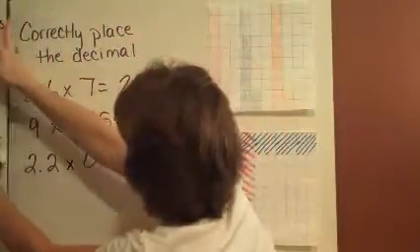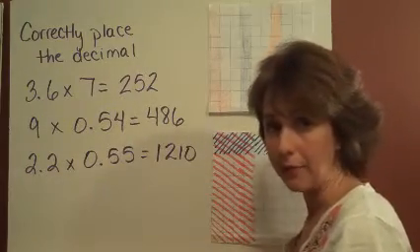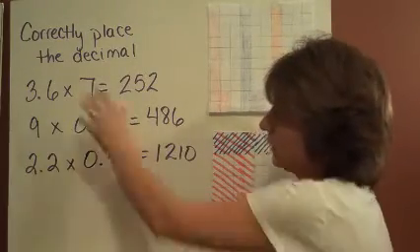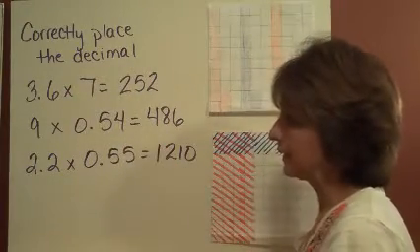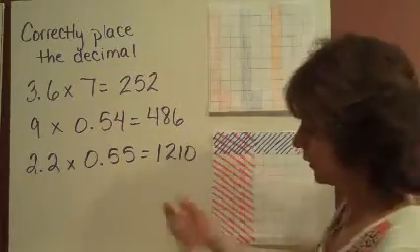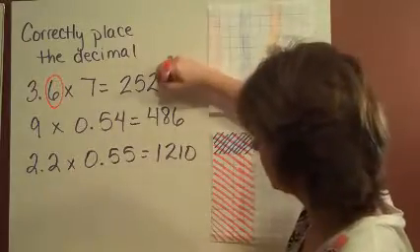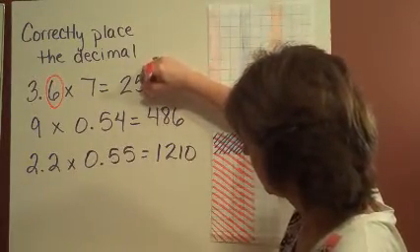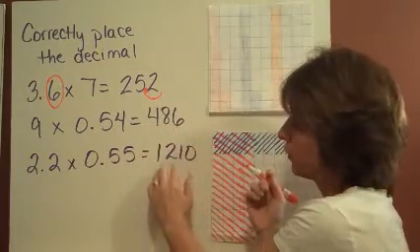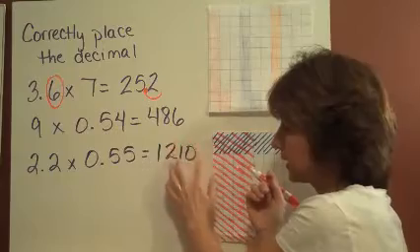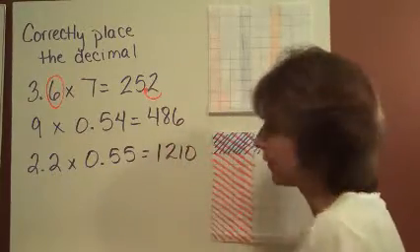and do some practice. If the rule for decimal multiplication is count the digits and move the decimal, this says correctly place the decimal. So let's do that by identifying the digits behind the decimal. There's 1 in the problem, so there should be 1 in the answer. And remember, these are all written as whole numbers, so you must assume that there is a decimal at the